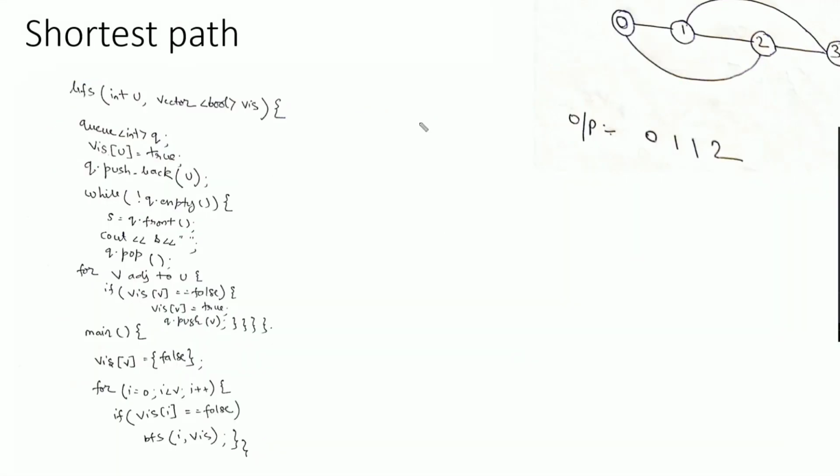Now if we see the code, this is my simple BFS algorithm. Inside this, first of all, we need to create a distance array, or we can create a distance vector. Suppose I am creating a vector of int type and the name is D. This is my distance vector.